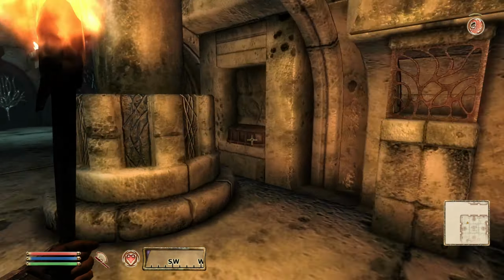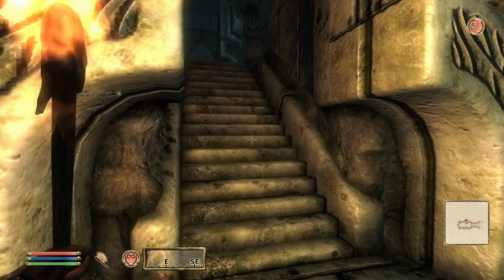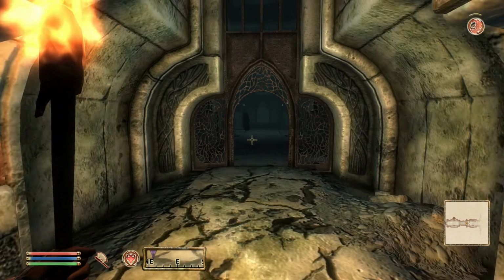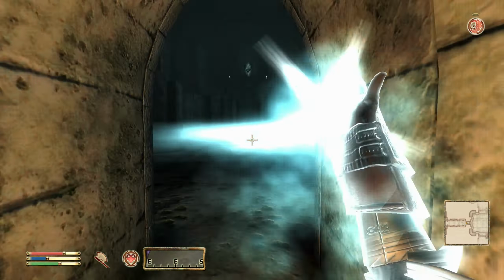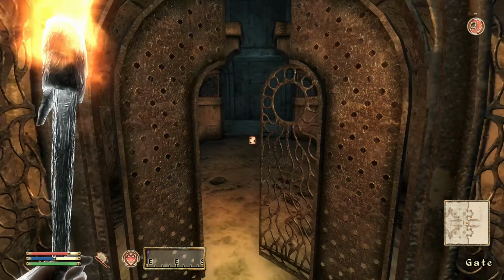The stairs down lead to the next area of the dungeon, Wendelbek Silaseli. This one is very straightforward. First room being a broad hallway with a little bit of opposition. Next, another large chamber with button into escalator to 2 Varla stones and a gate leading to some stairs and